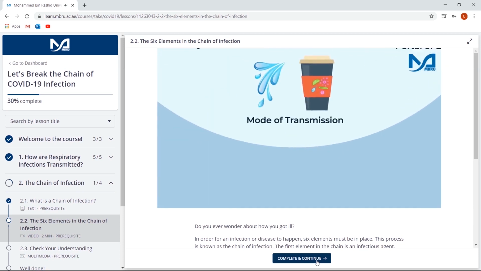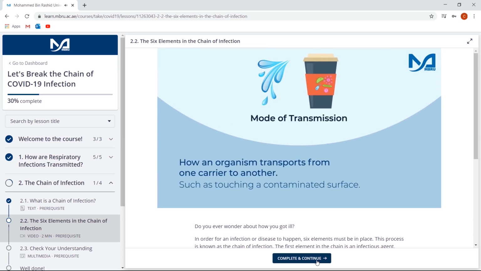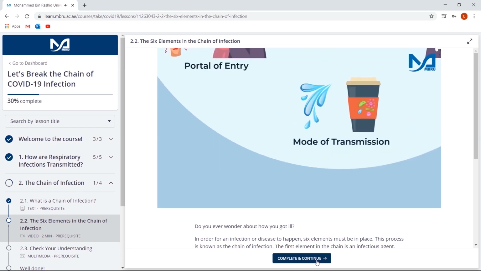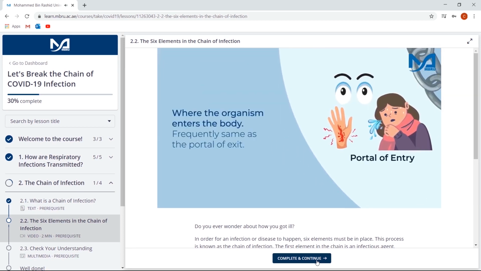The next element is the mode of transmission, which is how the infectious agent is transmitted from one person to another. It can be in form of droplets, direct or indirect contact, or through airborne transmission. The fifth element in the chain of infection is the port of entry, or the place where the infectious agent enters another person's body. This is similar to the port of exit, so it can be a mouth, nose, eyes,